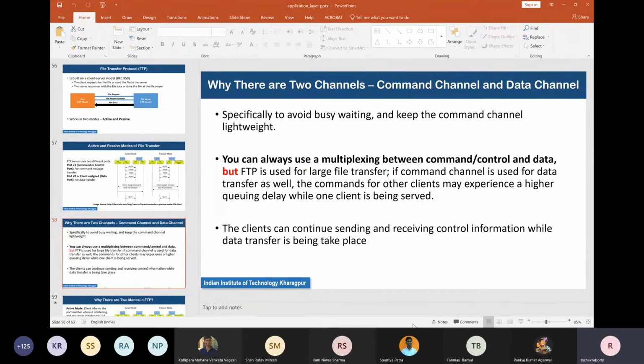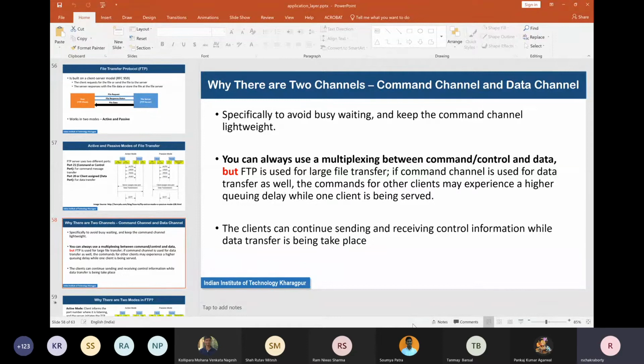And if it keeps on listening to the command channel once every 10 seconds, or say once every 0.1 second, to check if new commands have come, new commands will be typed in by the human user at the other end, who is very, very slow, who when the large file was getting downloaded or uploaded from the server has probably left for a cup of tea and will come back after half an hour.